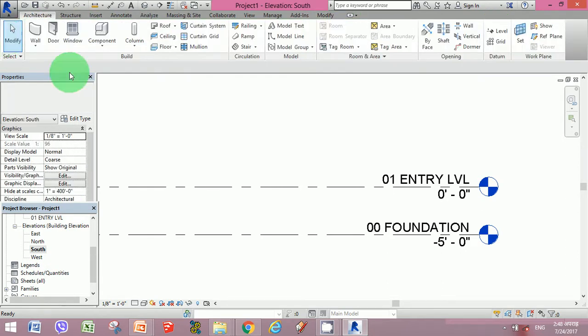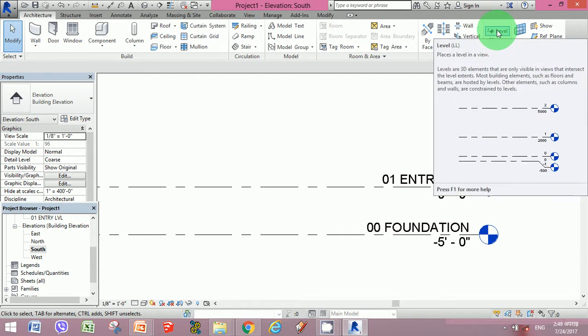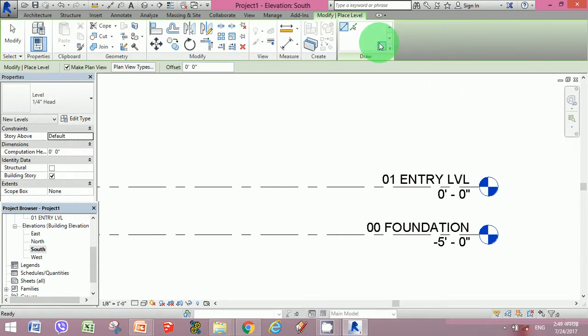Now this is new because we just edited the existing layers, but if we need to add a new level to this existing drawing, we go to the architecture tab. When the architecture tab is in place, select the level tab here. The level tab is always shown on the rightmost top corner of the architecture tab. So select the level tab. Once the level tab is selected,